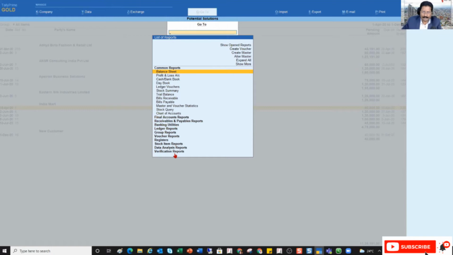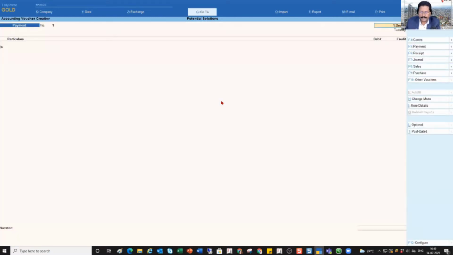We had discussed, right? So what is it that we want to do? If you notice here, this is very important. From here there are various actionables that you can perform from the Go To option. That means you can alter a master, you can create a new master. What is it that we want to do? We want to now create a voucher. So what I do is I come here, press enter, create voucher.